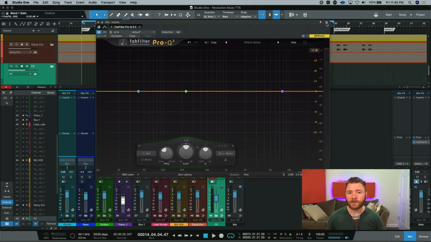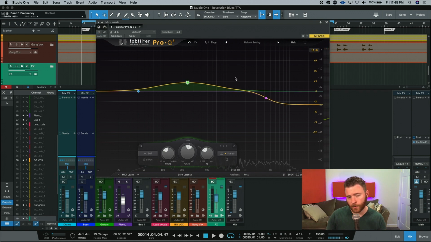Audio term number 2, warm. When people are talking about a sound or a mix and they use the word warm, it's a combination of a few different things. Sometimes it's EQ, where the high end is rolled off a little, and there's a gradual bump in the low mids that creates a lot of warmth. This can be great on something like a bass guitar or an acoustic guitar, making it very warm. This way it's not too brittle on the top end and has a nice body in the low mids. Again, we're going to use the entire mix, and we're going to do our best to make a warm-ish sound. You can also get this sound with analog or tape emulations inside your DAW.